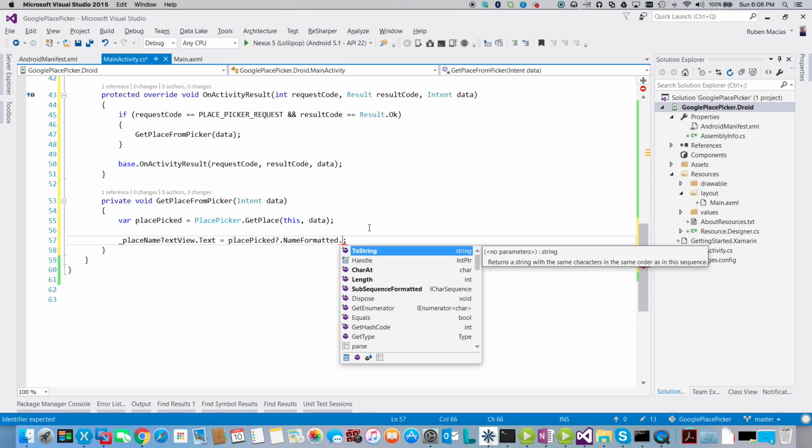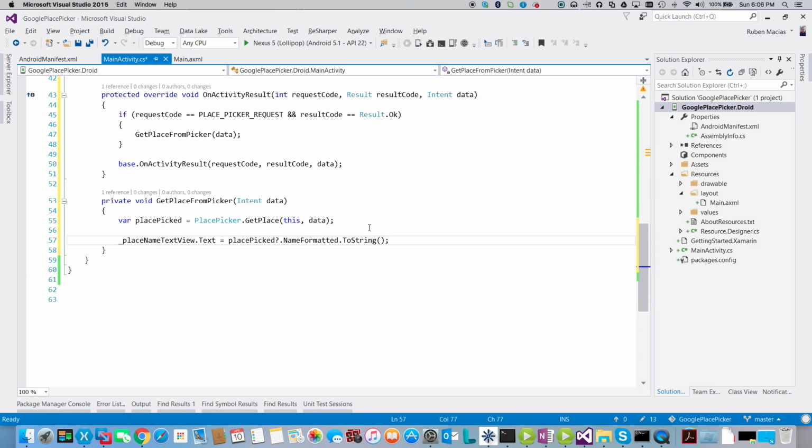But we can do that pretty easily by saying .ToString. And so just FYI if you want to do that. We also want to do some null checks here and make sure we don't get null reference exceptions. And if you're not familiar with the new C# 6.0 syntax, this same line is the equivalent of